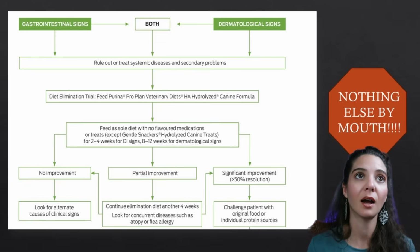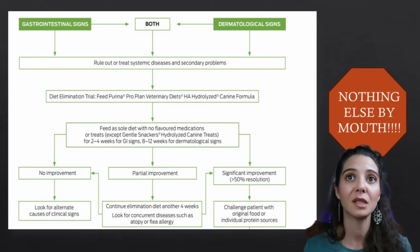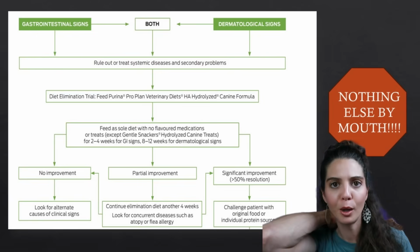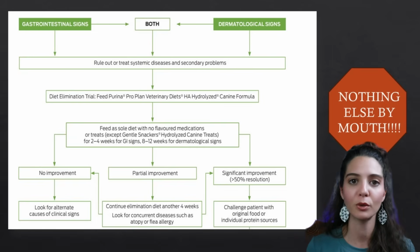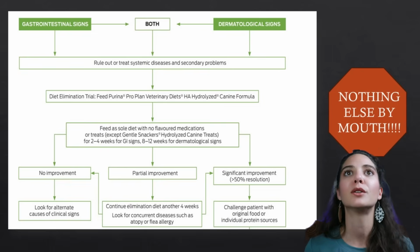I will be honest, I very rarely get to the challenge portion. At least I don't get to it purposely, because a lot of people, the pets have been suffering so long, they just went through 12 weeks, it's been wonderful, they don't even want to risk it. They don't want to risk it for the biscuit. And so